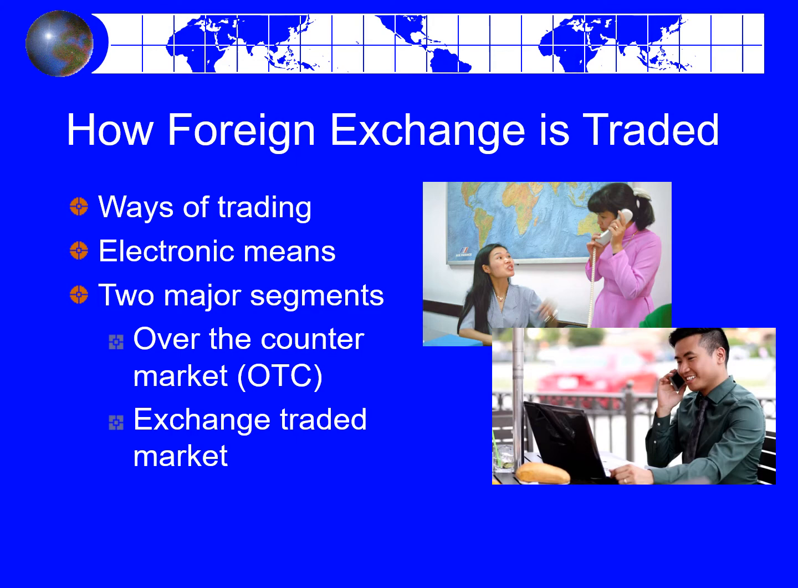The foreign exchange market has two major segments: the over-the-counter market, which is referred to as the OTC, and the exchange-traded market. The OTC market is composed of commercial banks, investment banks, and other financial institutions. The exchange-traded market is composed of securities exchanges where certain types of foreign exchange instruments, such as futures and options